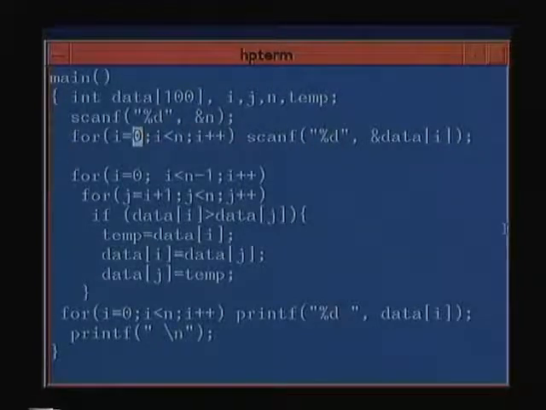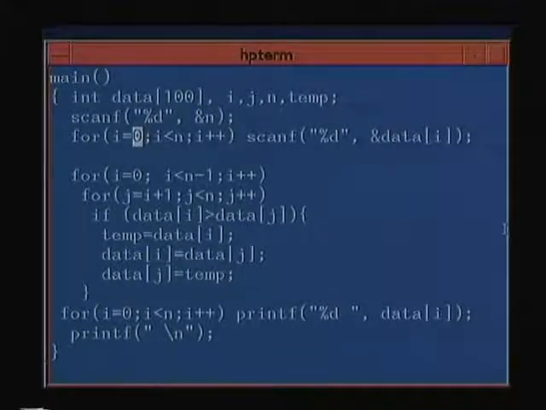And interestingly, I have read in from 0 to n minus 1. Though we saw just a minute ago that we were working from 1 to n, in C language when you declare an array, it starts from 0. So if you declare an array data[100], it starts from data[0] to data[99], not from data[1] to data[100]. So these 100 locations start from 0 to 99 rather than 1 to 100. So you can utilize the 0th location. So that is what I did here.